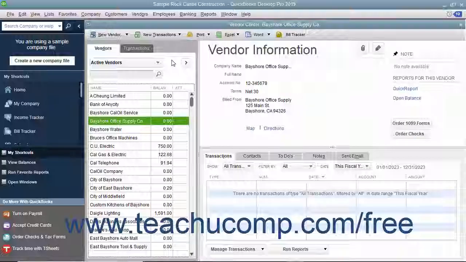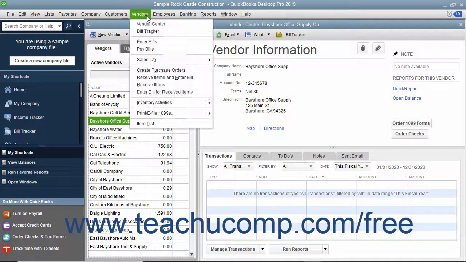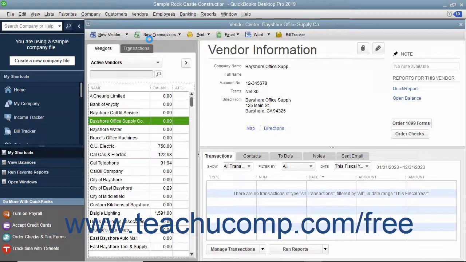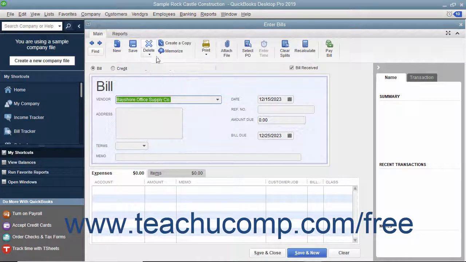www.teachucomp.com/free. You should always enter bills into QuickBooks as soon as you receive them. To enter a bill, select Vendors, Enter Bills from the menu bar to open the Enter Bills window. The top half of the Enter Bills window is where you enter the bill information. The bottom half of the window is where you assign the bill amount to different expense accounts or list the